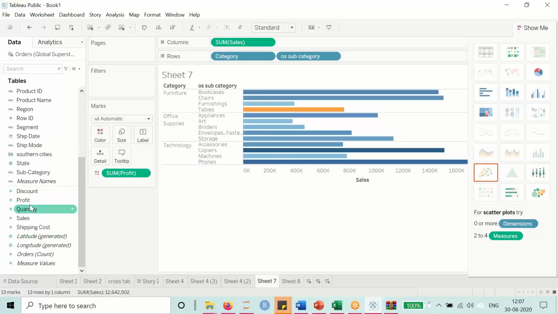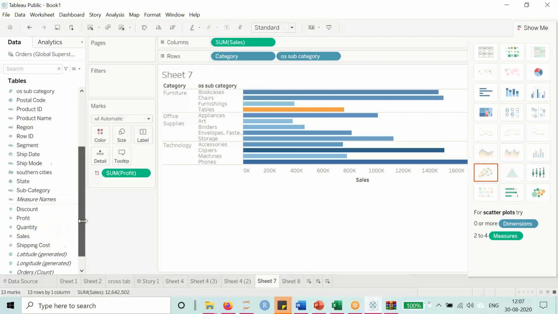Let me see why this is not showing. So it used to show all the three tables side by side. But,